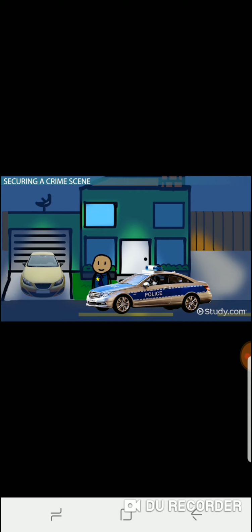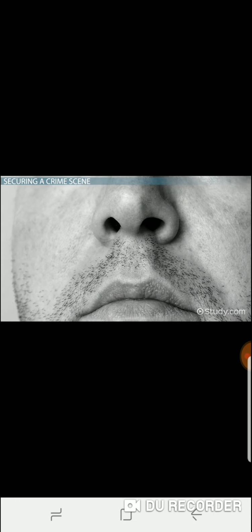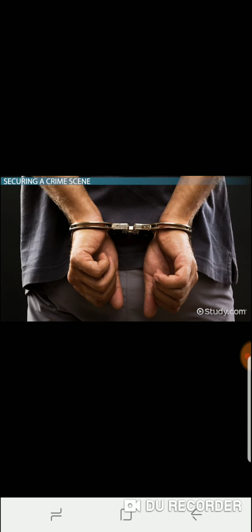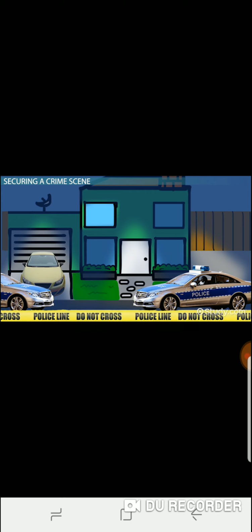However, if the perpetrator is still at the scene, this officer may have to make an arrest before securing the scene. In both scenarios, it's crucial for the officer to try not to touch or move items in the immediate area. If the area is disturbed by emergency responders, all of this should be documented in detailed notes. Additional notes should be taken on any peculiar smells that are present, the temperature, the suspect and his condition if known, and anything else the officer deems important. After taking these initial notes, the crime scene should be physically secured to only allow those with authority to enter. It is usually a good idea to secure a larger area around the crime scene, since this increases the chances of preserving evidence that may be present outside of the immediate area.